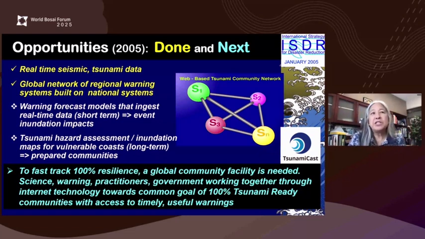Of course, they're ingesting real-time data, but right now they're giving us wave amplitude at the coastline. I think we're seeing possibilities that we can start to have information on inundation impacts. So we think about how the infrastructure is affected, how our homes and so on might be impacted before the wave hits. I think that's what TsunamiCast is about.